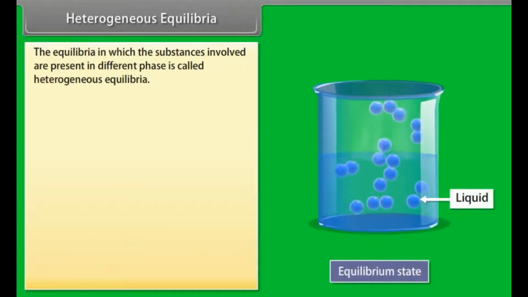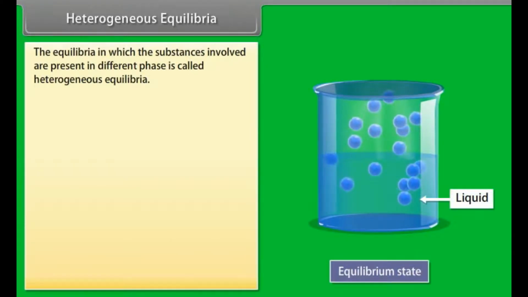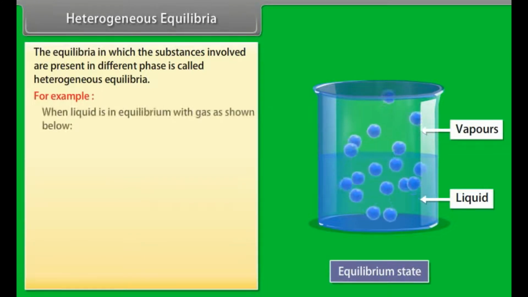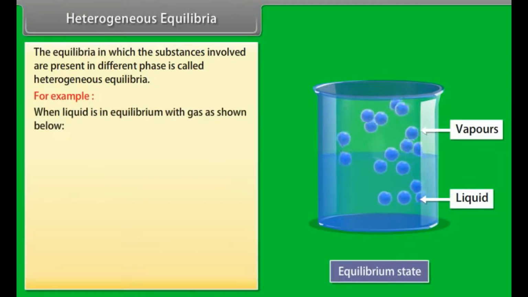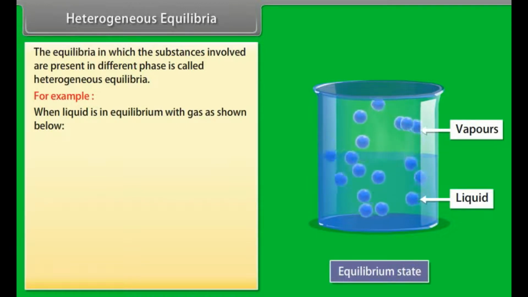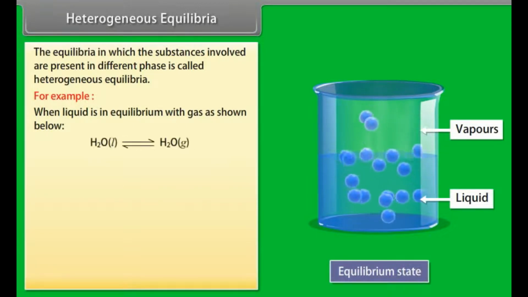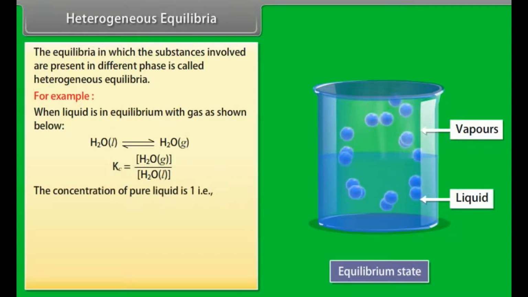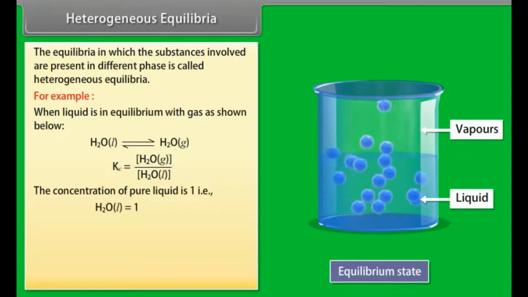Heterogeneous equilibria. The equilibria in which the substances involved are present in different phases are called heterogeneous equilibria. For example, when liquid is in equilibrium with gas as shown below, the equilibrium constant is given by, where the concentration of pure liquid is 1, that is, H2O in liquid form is equal to 1. Hence,